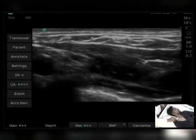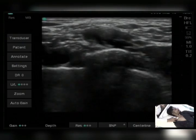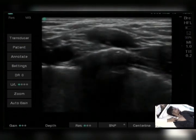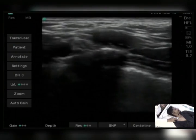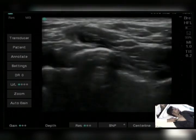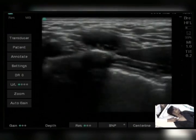So when I go with trace back to the interscalene area, see here in between rib and pleura, we'll find C8 and T1, they are coming out. Can you see it? One round structure over here. Don't worry if you don't see it clearly, you will see it on the station, because sometimes on the screen it is difficult to show. In every patient, it might not be possible to visualize these things, but in between this pleura and rib, the C8 and T1 emerge and they form the lower trunk. And when we go upward,